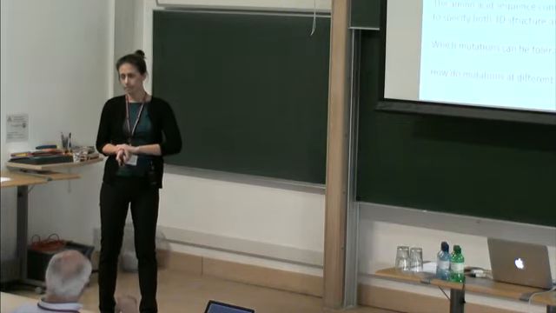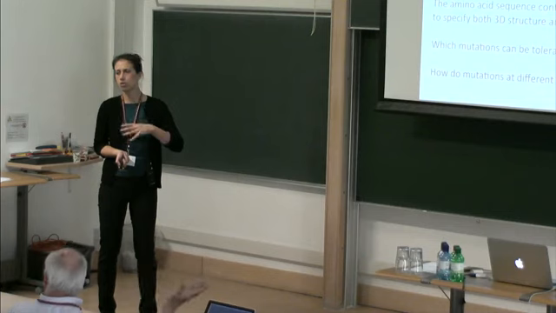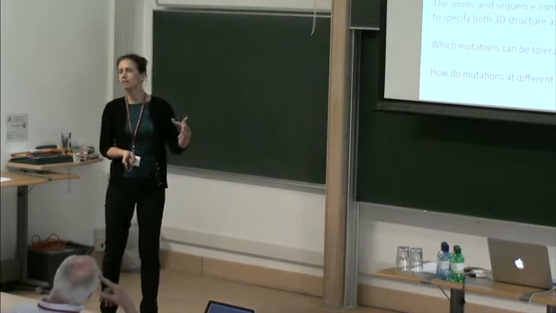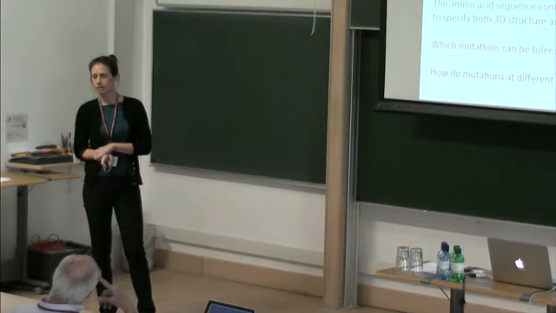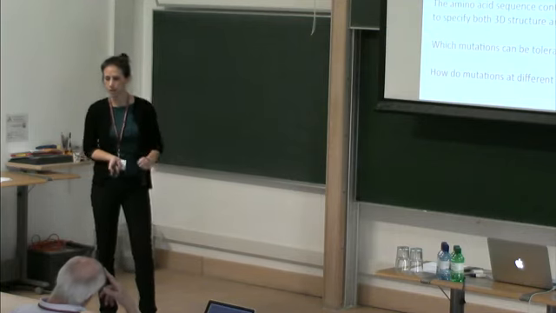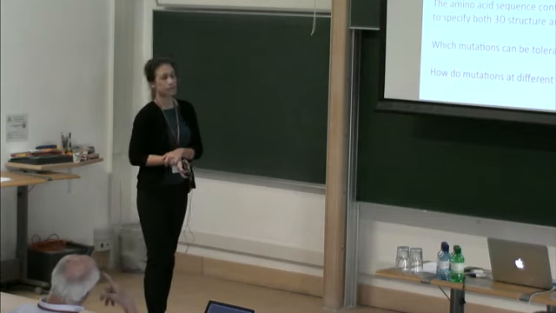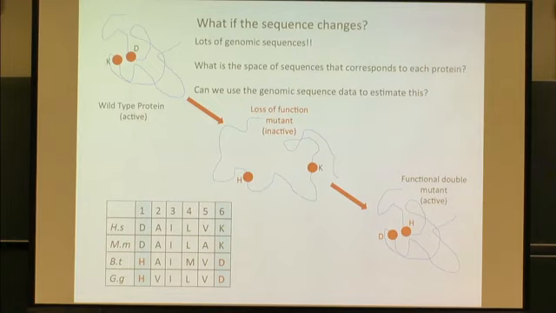Based on functional characterization, and also we have models which capture that some parts of the sequence being different are more important than others, right? I mean, there's a whole field of this basically, but we have these large sets of sequences. That's like our starting data. So we have lots of genomic sequences, lots and lots, right? We'd like to know about the space of sequences that corresponds